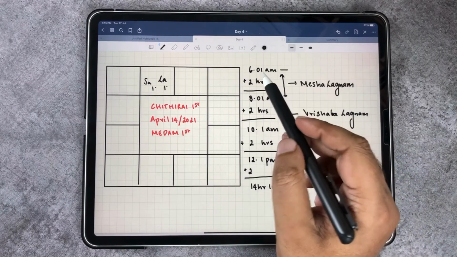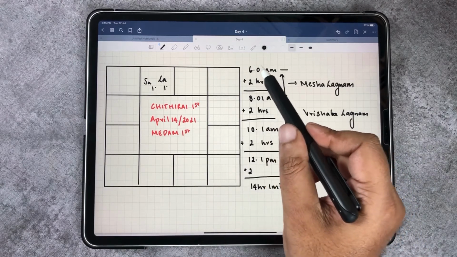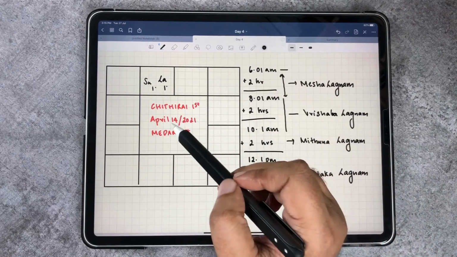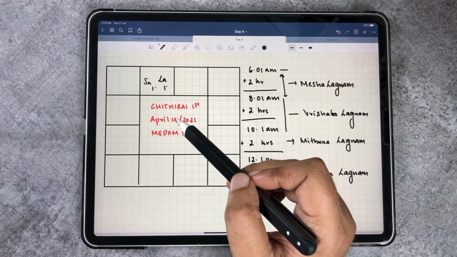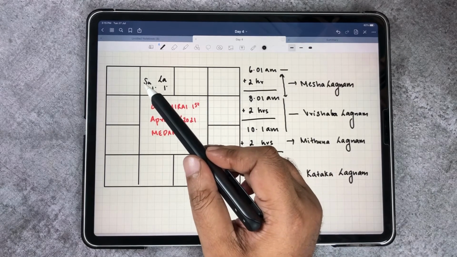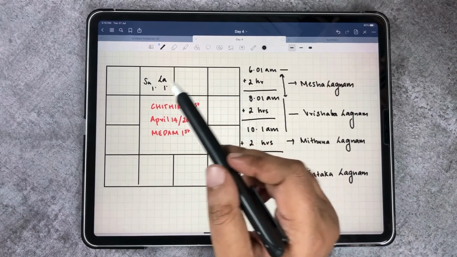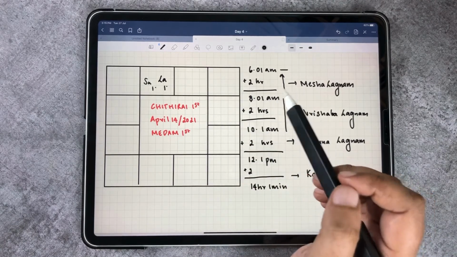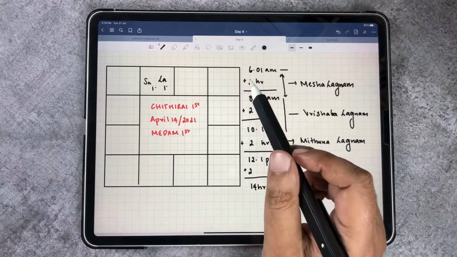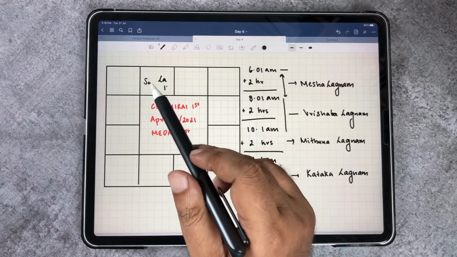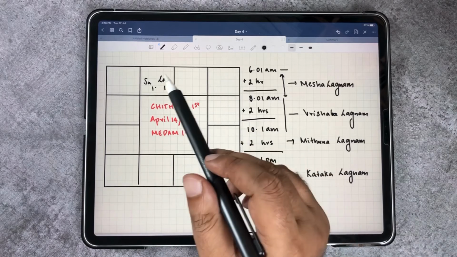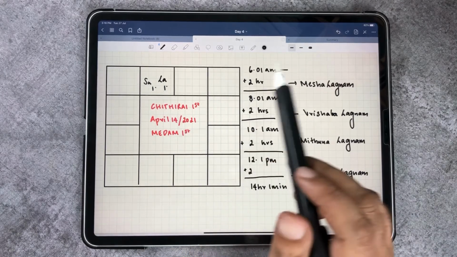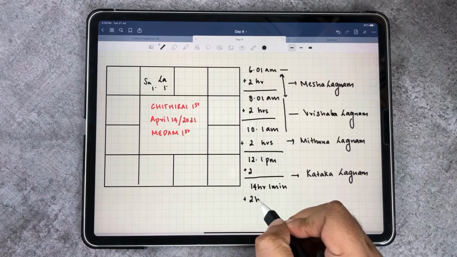Where are we starting this from? We are starting this from the Surya Udayam for the month of Chitrai. Since it is the month of Chitrai, where would the sun be? It would be in Mesha Rashi. At what degree would it be? It would be in 1 degree. If a child is born at 6:01 am, that is in the morning, it would be in the exact degree of the sun. Where would the Lagna start for this month? It would start from Mesha Rashi. Okay, let's add another 2 hours.